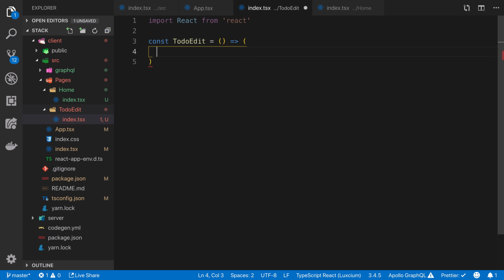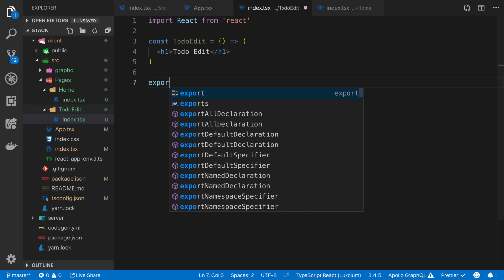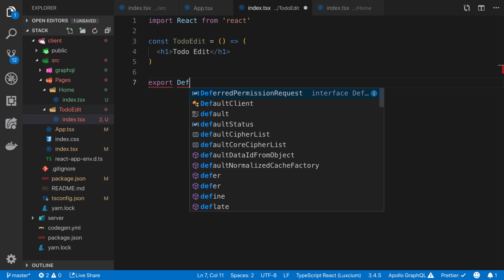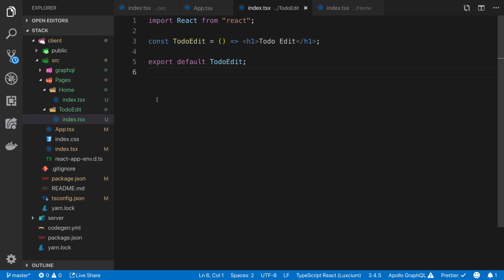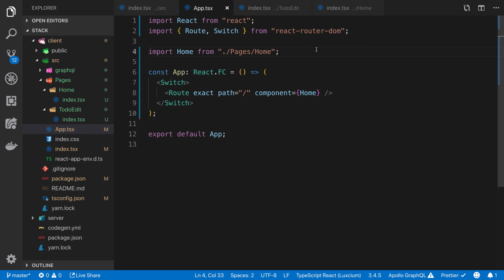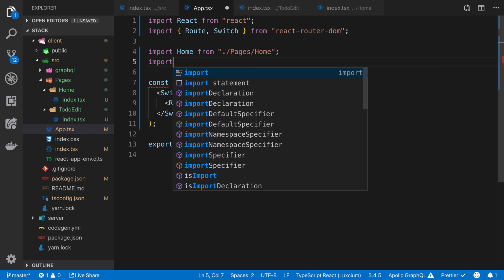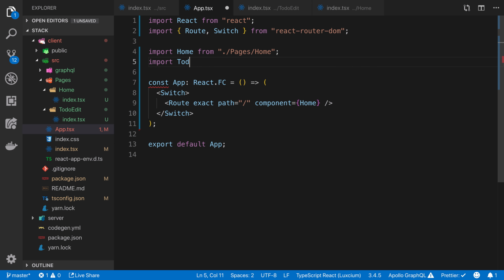And we'll just put something in there to say what we're doing. Right, so simple page. I'm back in my application. I'm going to bring that page in now. Import my to-do edit page from